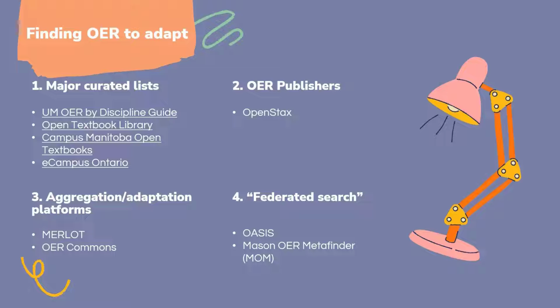The final category is something librarians would call federated search. That would be one search tool or technology that's designed to search multiple other sources. The main ones here are Oasis and Mason OER MetaFinder, or MOM. These ones are fine, but I find them really overwhelming. They usually return a really huge number of results, and oftentimes they're not quite what I was looking for. So I do find it useful to start with more curated lists and then move into broader and broader